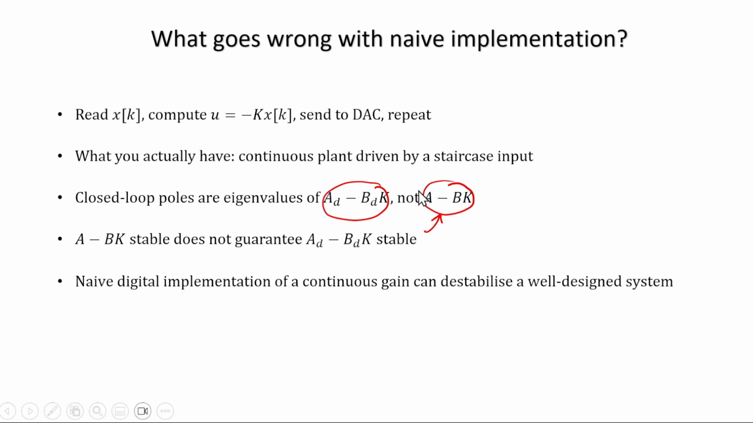So there is a chance that a naive digital implementation of a continuous gain can destabilize a well designed system. Well designed as in the design that we had done in the continuous domain. In the continuous domain, it was a well designed system, right? There was no problem. But when we are bringing in a discrete or a digital processor, because of sampling things might go wrong, and that is the reason we will have to be a bit careful while